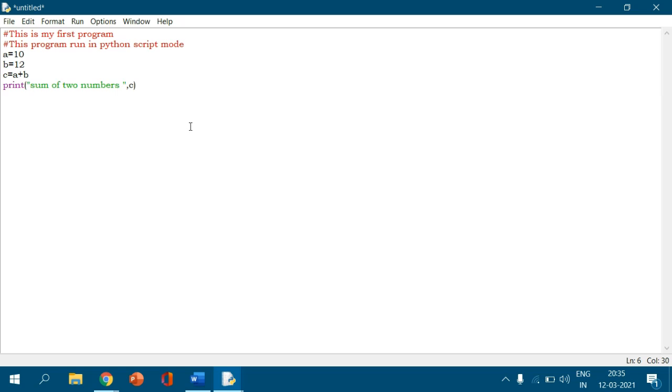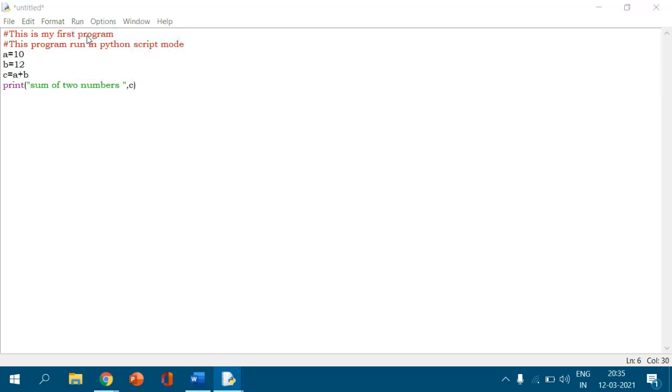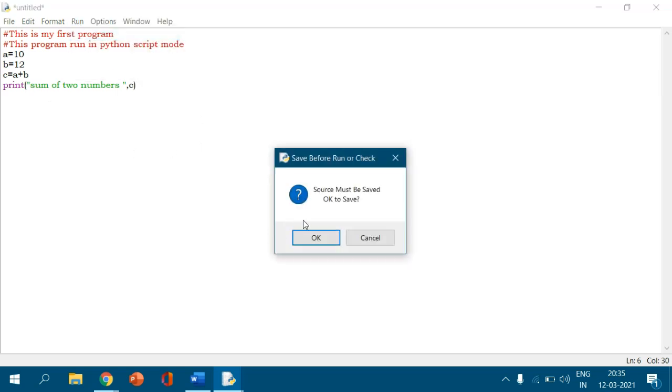To run this one, okay, we may save this one. Without saving, we try to run, right? Run module. So it is asking, source must be saved, okay. That means it is asking you should save this program before running.